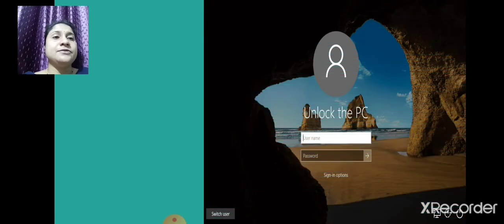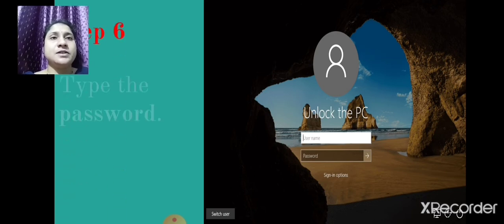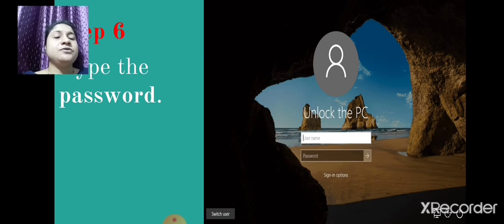Then the next is to unlock the PC. Now they are asking you for a password. So you have to enter the password. This is your step 6. Type the password. You can see there is a white space.